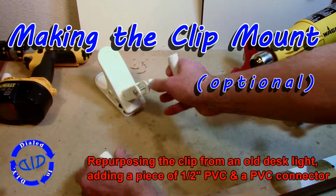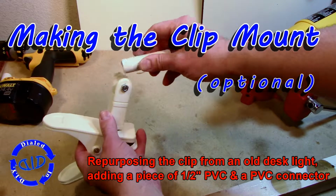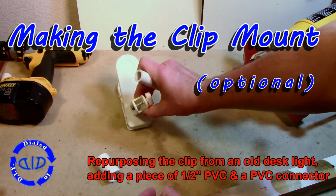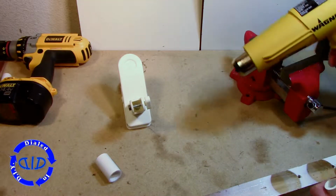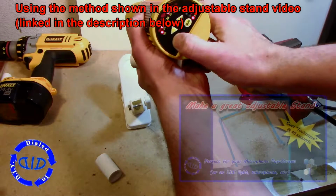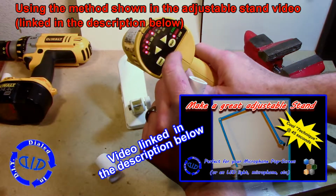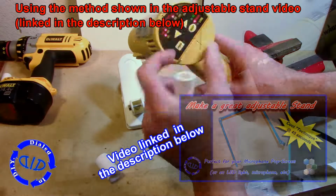Just for fun, I have another optional configuration that you can use. I actually have the clip from a broken desk lamp, which is perfect for making yet one more way that we can connect our platform. Since a piece of 1/2-inch PVC doesn't fit easily into this particular clip, I'm going to actually use a technique that I demonstrated in the adjustable stand used for the pop screen, and this is how we're going to make